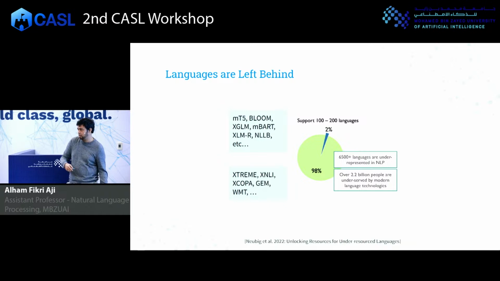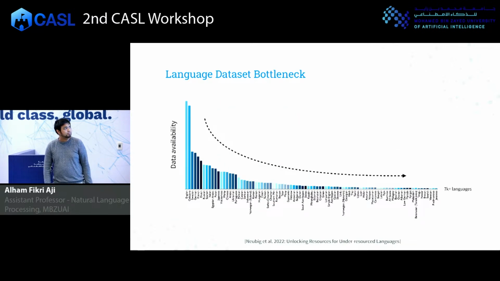In terms of datasets and benchmarks, like Extreme, which is a multilingual dataset, they also usually cover these 100 languages. And one of the reasons, not the only reason but one of the reasons why these languages are left behind in terms of research, is actually the datasets, right? We don't have enough datasets to do something meaningful, especially when nowadays NLP technology uses a lot of data. It's very data hungry.